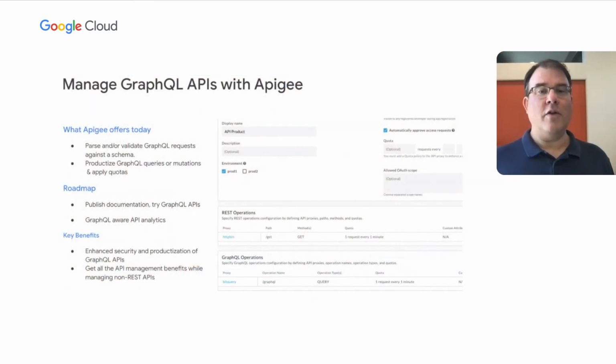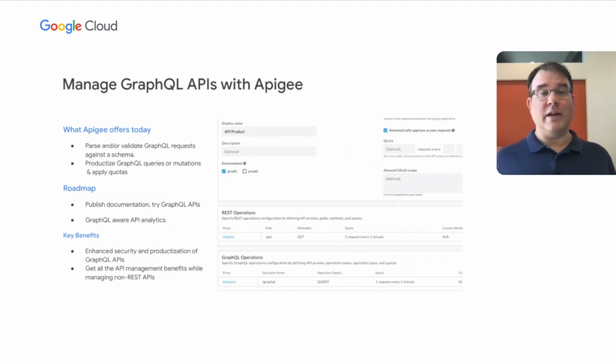We want to do those same sorts of things with GraphQL APIs. So if you look at what we've added to Apigee, Apigee now has a way inside any Apigee proxy to parse a GraphQL request. First of all, just to reject it if it's invalid, or even do schema validation.